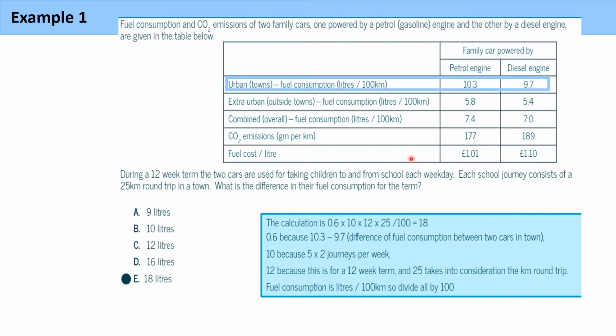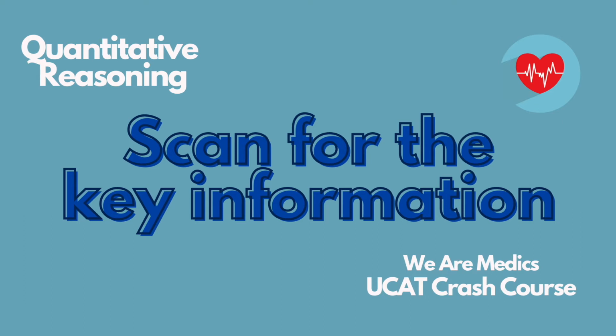Alright, and another thing to note is that this question, although they gave us this massive table here, the only relevant piece of information was in the first row here. So just bear in mind that even though you may be given a lot of information, not all of it may be relevant. So just make up the decision in your mind what you think is necessary for you to answer the question and stick to that and follow what you think would make sense for the question without being confused by the overwhelming amount of information given.